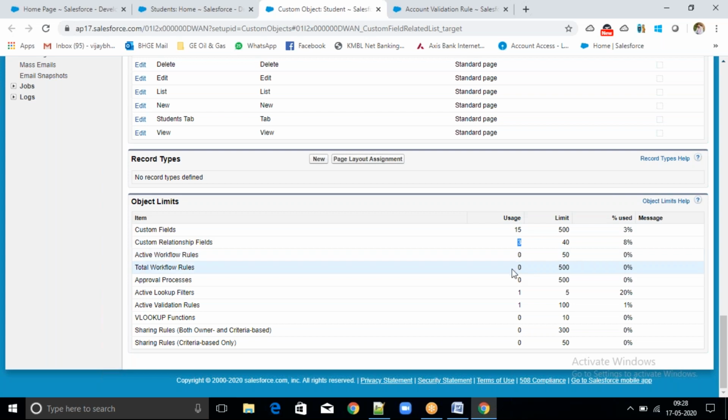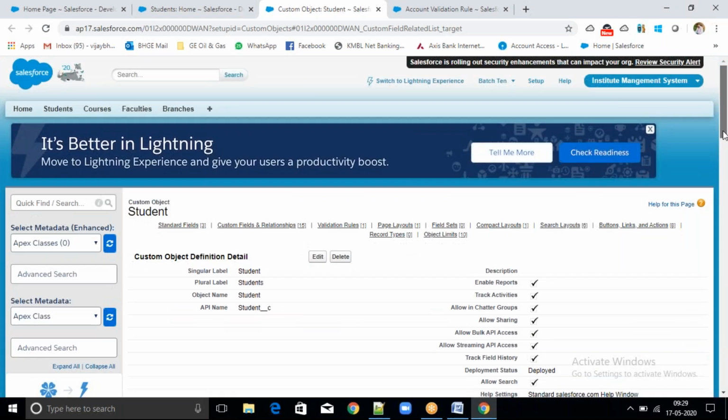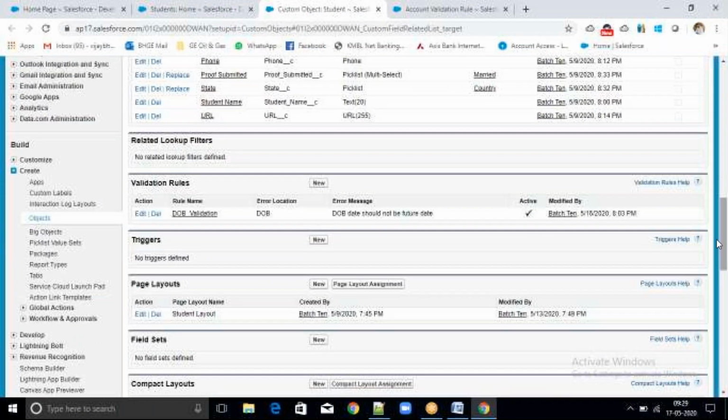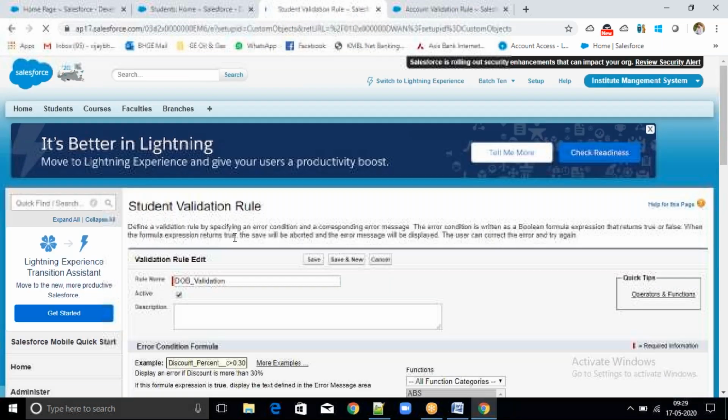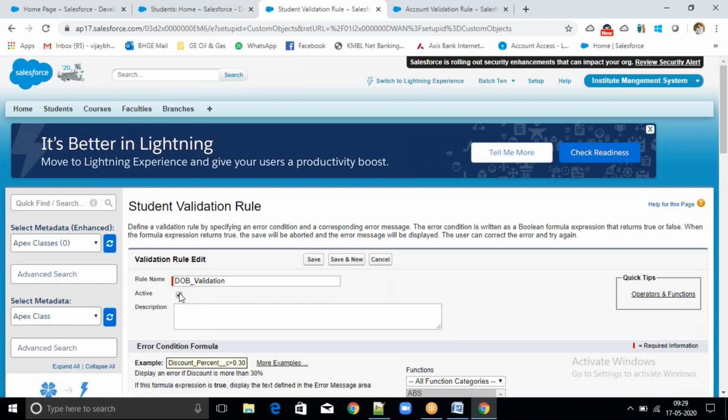Workflows and approval processes we haven't discussed till now. We can write up to 100 validation rules on an object. How many active validation rules are there? Only one, because we wrote only one validation and made it active. If I disable it, I make it inactive.